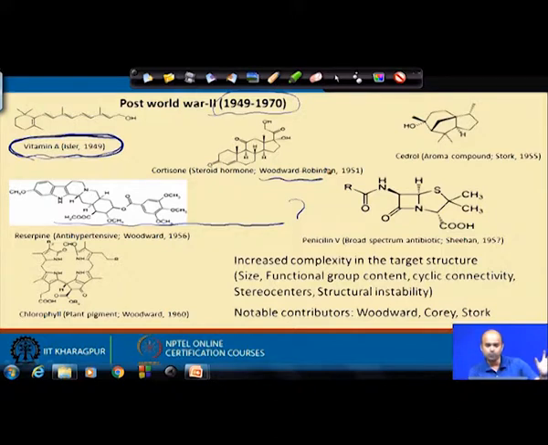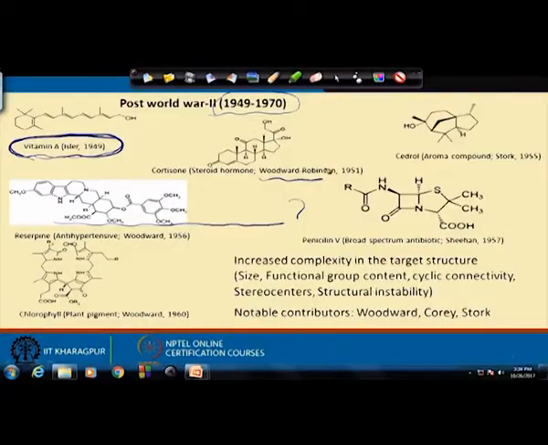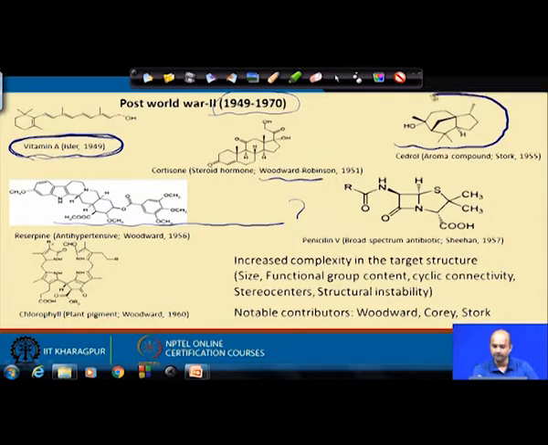Now, the molecules synthesized before the First World War or Second World War are different from those during 1949. These molecules which have been synthesized from 1949 to 1970, the structures have become complex, meaning that with the advancement of time, your targets have become more complex. Say for instance, this molecule Cedrol is used as an aroma compound. It was first made in 1955 by Professor Gilbert Stork, and this molecule's structure is quite complex. A 7-member ring having a 5-member ring fused inside with a linearly fused 5-member ring,